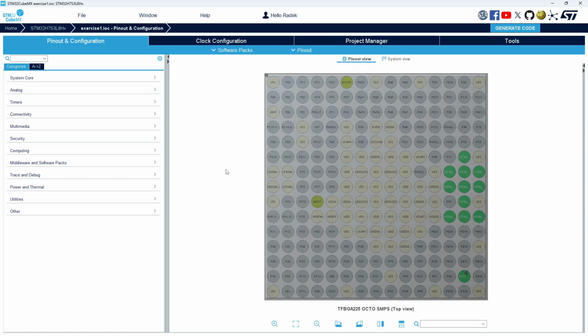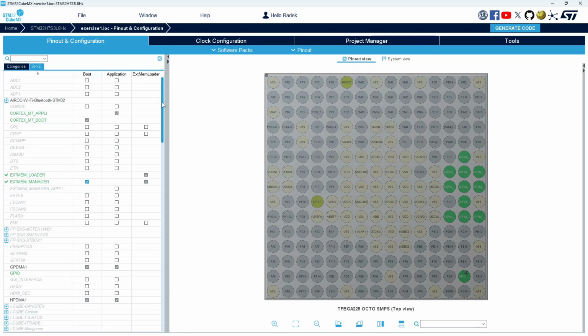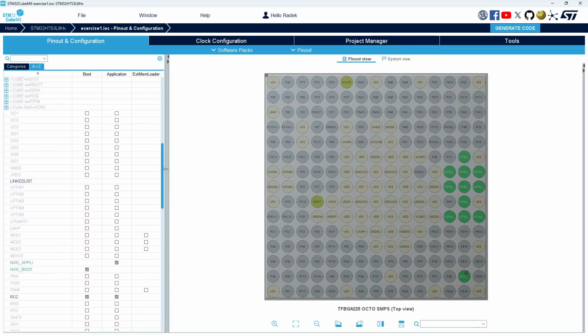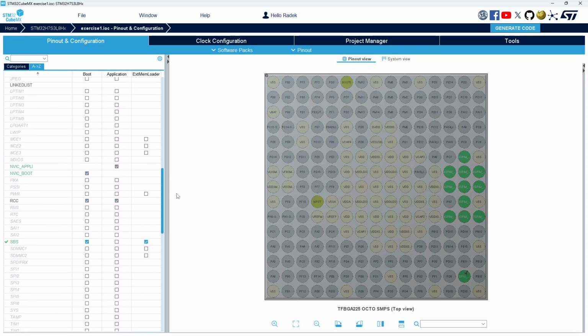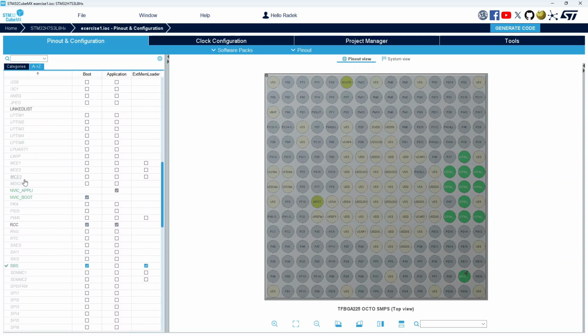We can switch or open back the CubeMX from exercise 1. And what we need to do is to select the MCE. If you search for the MCE, you will discover that we have 3. So which one do you want to choose? For this, I have a slide to show you,